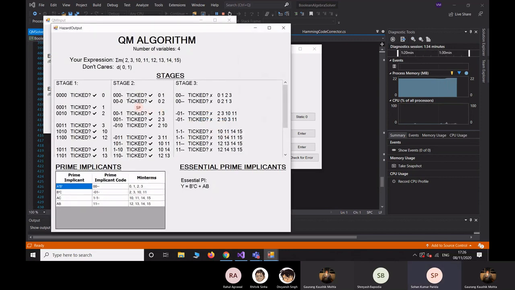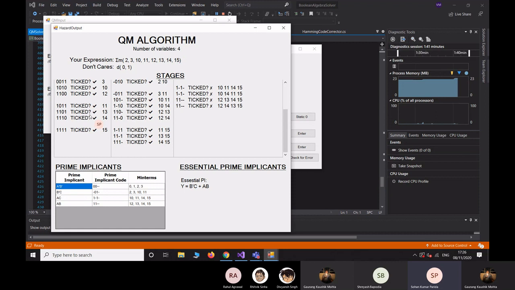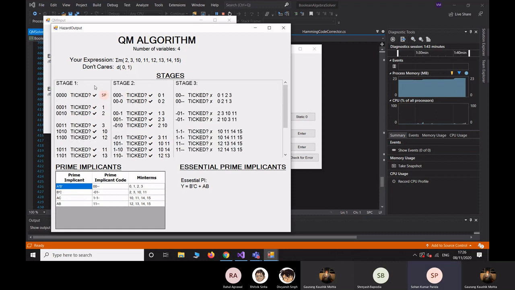as you can see, there are 3 stages. The first stage just takes the number of ones in a binary input and arranges them and compares each. You can see each subgroup. This is one subgroup, this is another subgroup, and this is another subgroup. The algorithm compares each adjacent subgroup and checks if there is only one change between them and forms groups between them, such as you can see here 0, 0, 0, 0 and 0, 0, 0, 1.